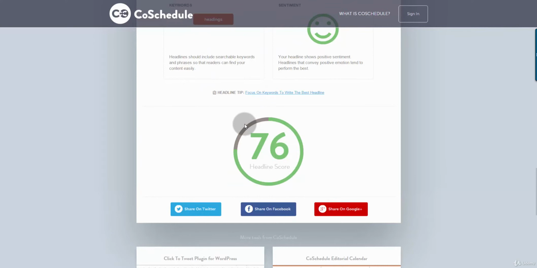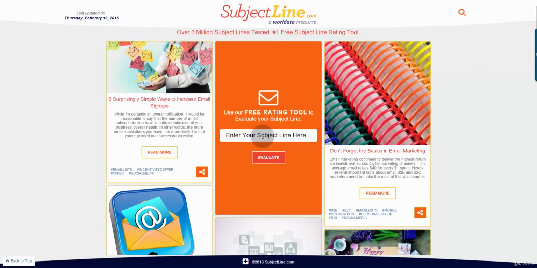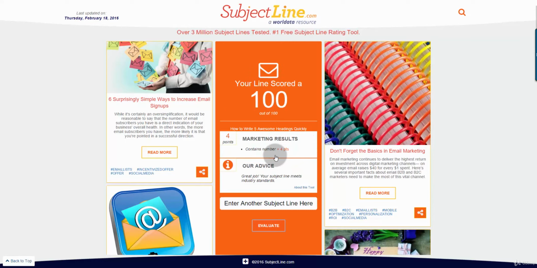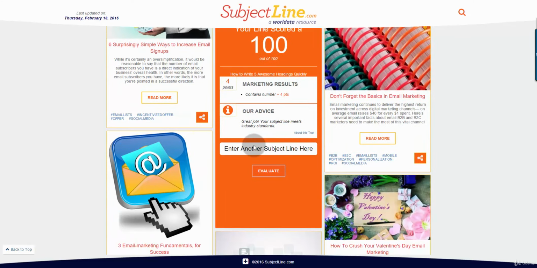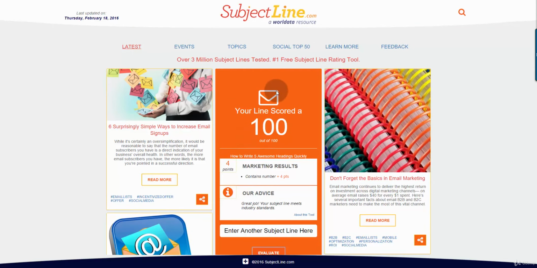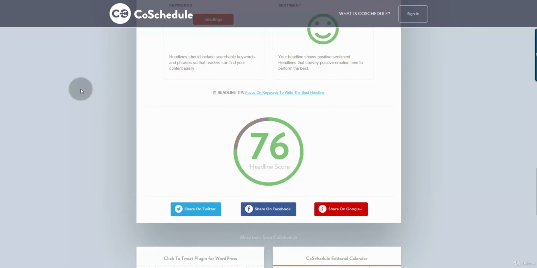So, let's try the same headline in our next tool. This tool is from subjectline.com. Let me paste my headline and I'm gonna hit evaluate. Well, subject line gives me 100 out of 100, and also it gives me an extra 4 points since it contains a number 5. How to write 5 awesome headings. This 5. So subject line gives an advice. Great job. Your subject line meets industry standards. So getting a score of 100 in subject line is not so tough, but in CoSchedule it is a bit tough, but